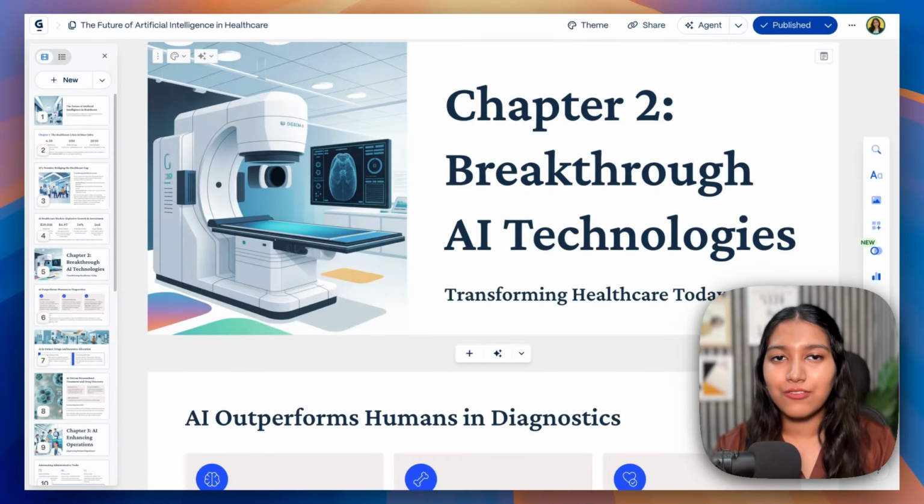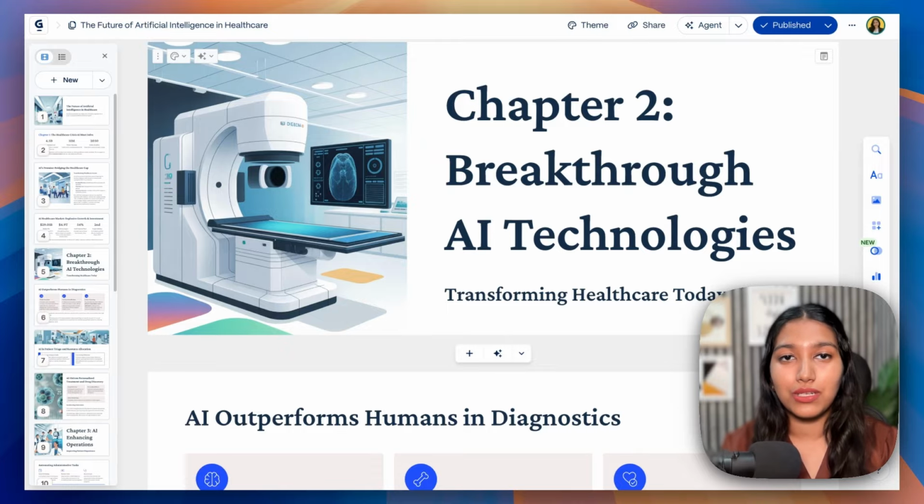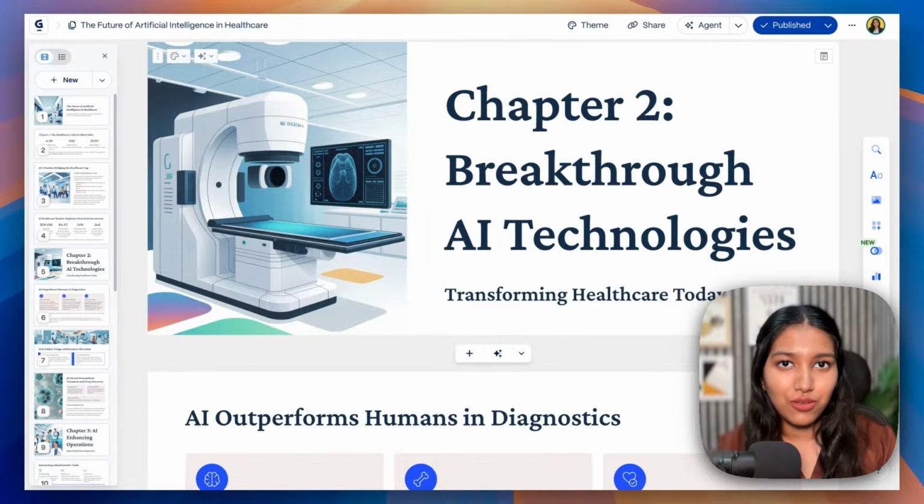Alright, so far I have taught you how you can use the Gamma agent using this example of AI in healthcare. But now I want to share some actual real world use cases that you can use in your professional life. And I'm pretty sure when I'm sharing these, you will even get more ideas as to how you can save time on your everyday tasks using Gamma itself. You don't even know, but Gamma can actually help you in a lot of tasks you're already doing. And you will see that just in a moment.